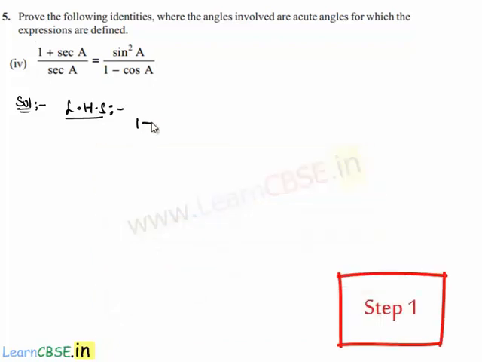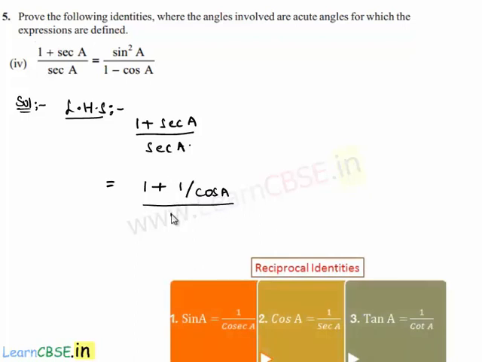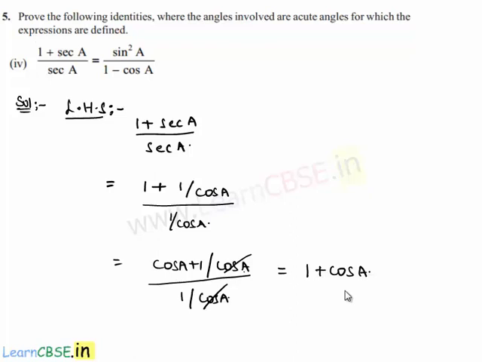So in the left hand side, the given expression is (1 plus secant A) whole divided by secant A. That will be equal to, 1 plus secant A can be written as 1 by cos A, whole divided by secant A, which here also can be written as 1 by cos A. Let us take cos A as LCM in the numerator, then we get (cos A plus 1) divided by cos A whole divided by 1 by cos A. Here the cos A in the denominator of the numerator and the cos A cancel, and finally we are just left with cos A plus 1, which can be written as 1 plus cos A. So the simplified form of the left hand side is 1 plus cos A.